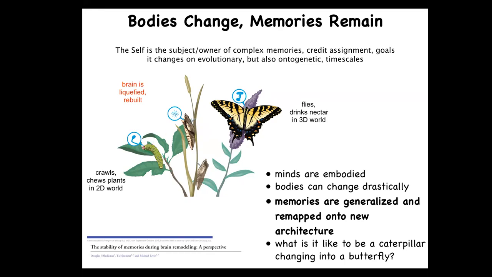But in fact, they don't eat the same thing. So what's food to the caterpillar is not at all food to the butterfly. And so not only is there a persistence of memory, there's also a generalization of the notion of the category of food. It's not just that you remember this is where I find leaves, it's this is where I find food. And when the definition of food changes because your whole body is different, all the memories carry over. So there's this amazing ability to remap cognitive content onto a changing architecture.